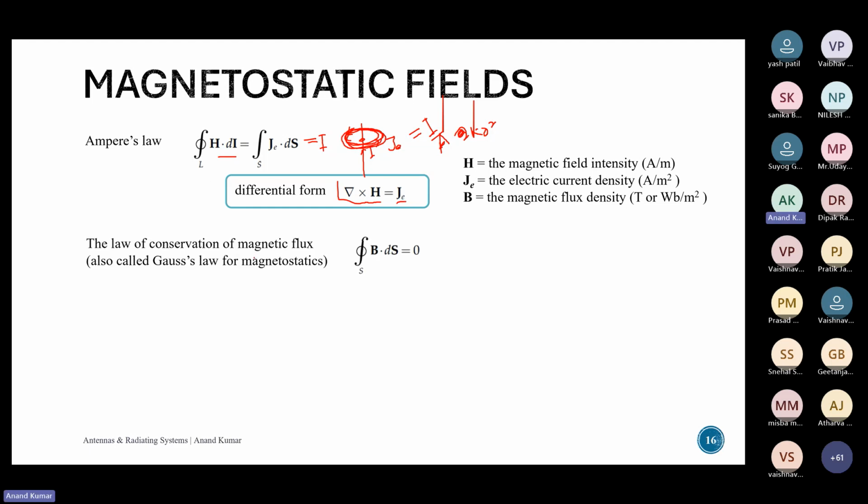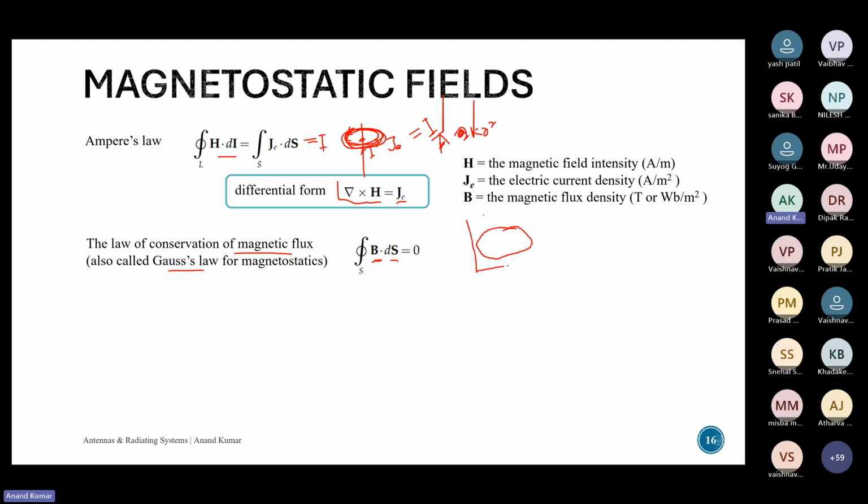Next, the law of conservation of magnetic flux. This is also called Gauss's law for magnetostatics. It states that the closed surface integral of the magnetic flux density is zero. So it basically says that since your magnetic field lines are in closed loops, if you integrate over